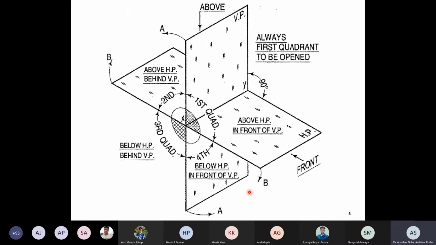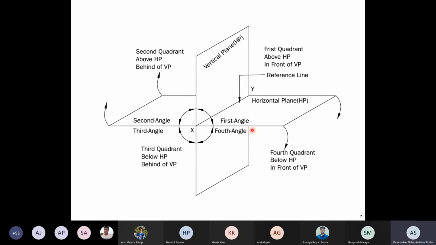Yes, sir. Fine. And what we are going to do is we'll place an object somewhere here, and we are going to make 2D images of that object, looking at different views, how it looks, how the projections look on vertical plane and horizontal plane. Okay. So this is another view.